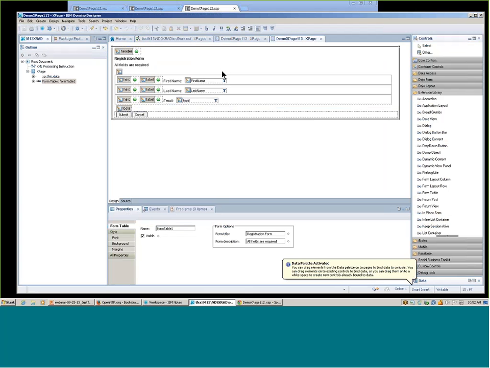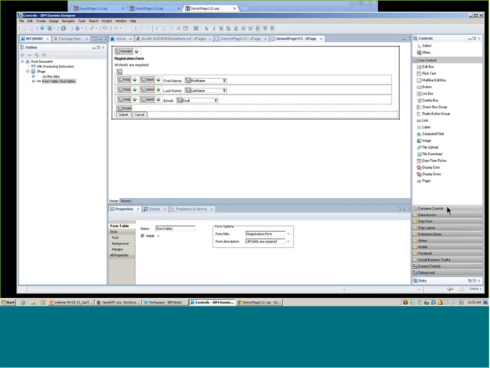Sorry about that. It has a header facet, and in your Extension Library controls, your facets are identified by this green drop area, indicating an area where you can drop in another control. So it has a header facet, it has a footer facet, and then there's another facet here, but it doesn't have a name. That's an unnamed facet, and that's what we're talking about now, the difference between named and unnamed facets. So if I wanted to drop a control into my header facet, I could just drop maybe a container control.